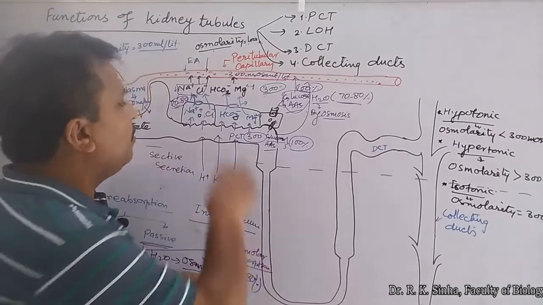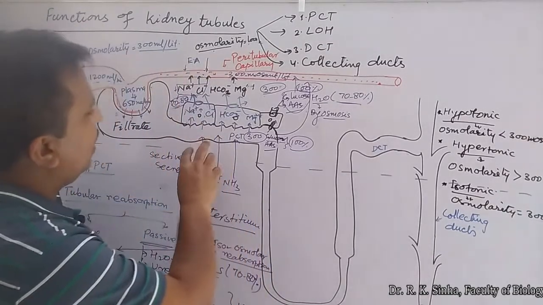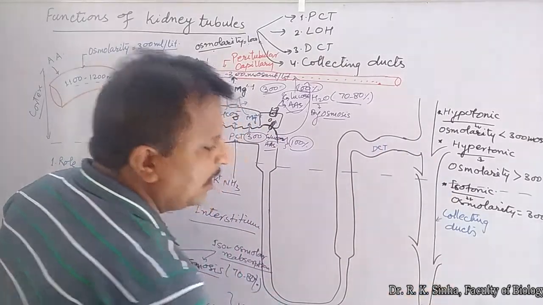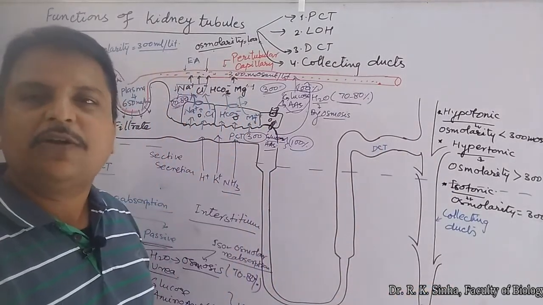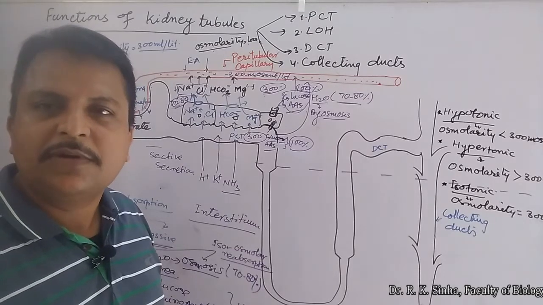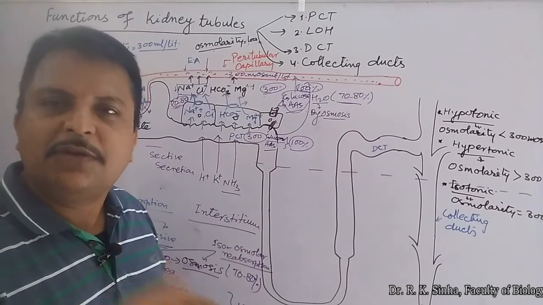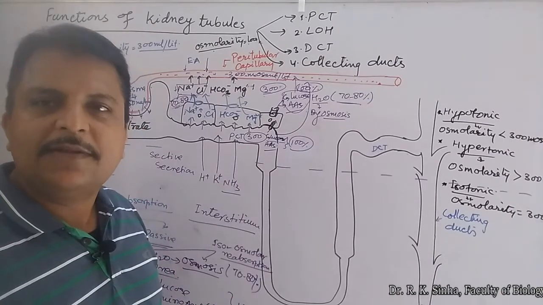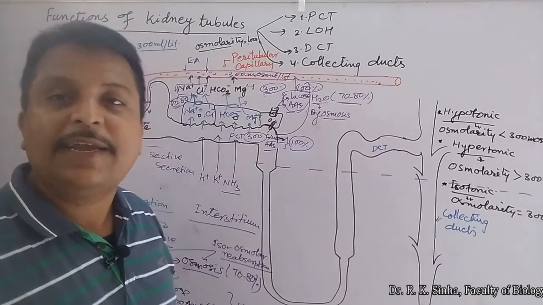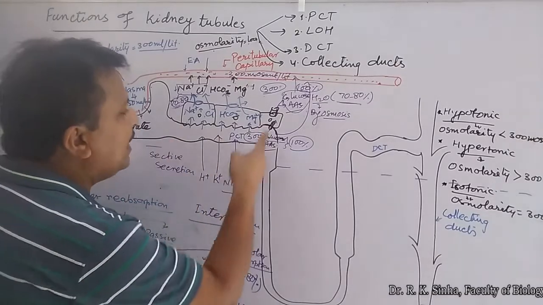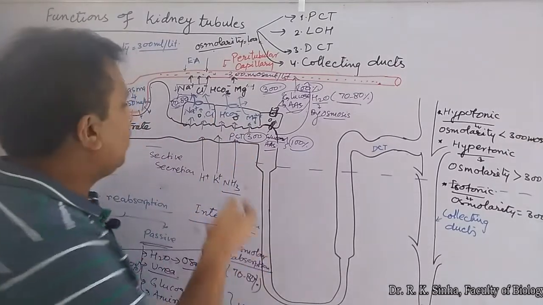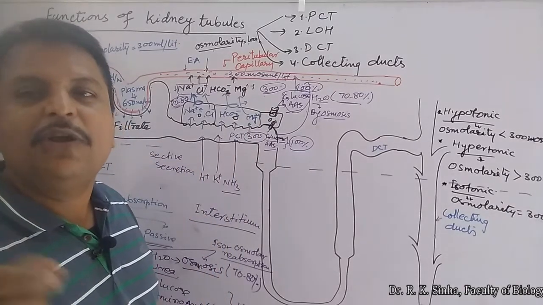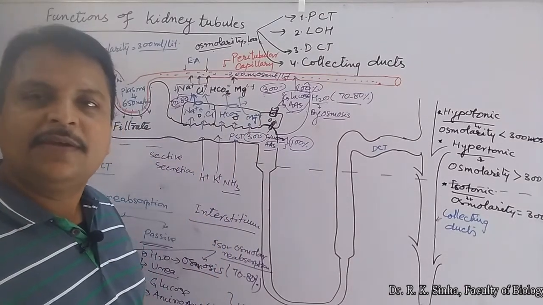So if you are removing this section, what will happen? An excess amount of water is passing out through this kidney tubule, and it will be expelled or eliminated in excess amount. 80% of the water is discharged from your kidney in the urine. Then what will happen? The urine will be diluted. If you remove the PCT of the kidney tubule or nephron, then the urine will be diluted. Okay.